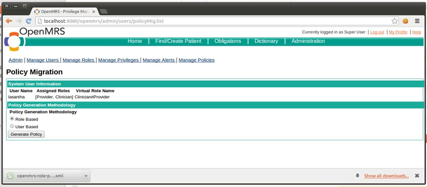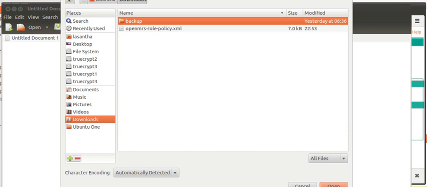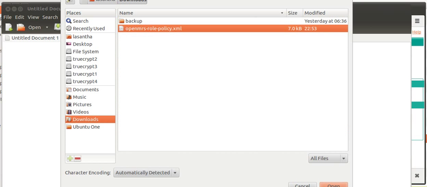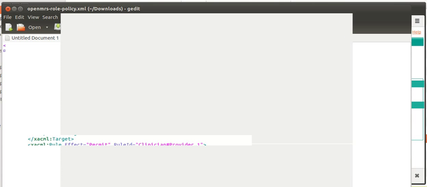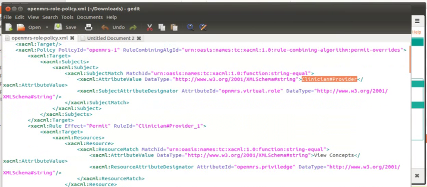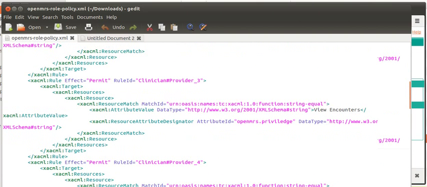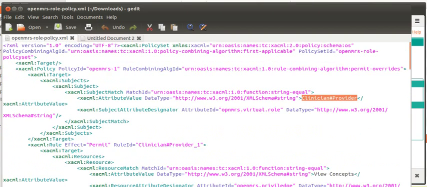and now I have this policy and I'm going to show you what it contains here. So at a high level it has the virtual role and a list of privileges assigned to this role. So now I am going to